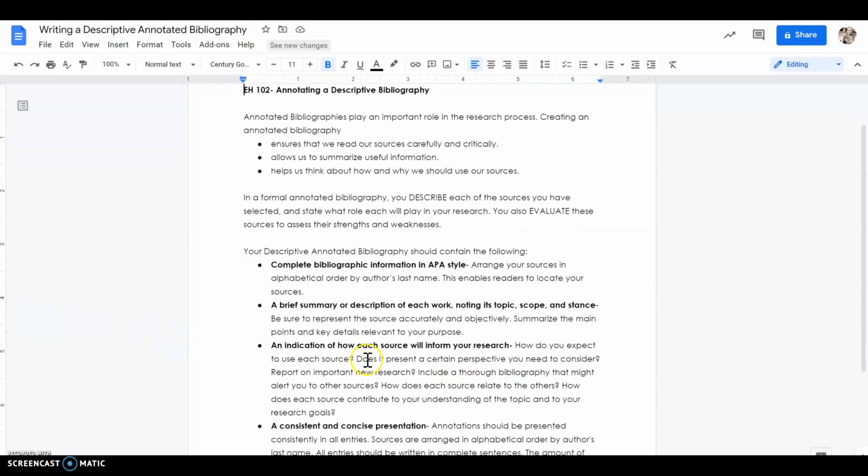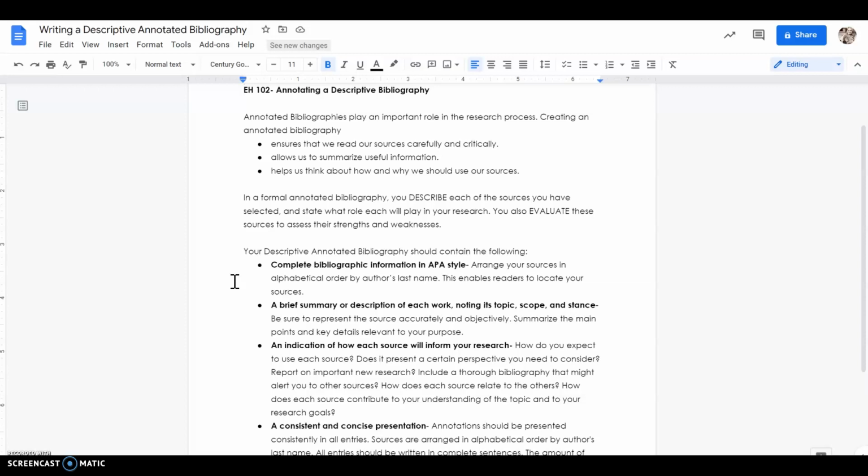The next thing you're going to do is indicate how each source is going to inform your research. How do you expect to use it? Does it present a certain perspective that you need to consider? Does it report on important new research? Does it include a thorough bibliography that might alert you to other sources? How does each source relate to the others? And how does each source contribute to your understanding of the topic and to your research goals? Those are just some guiding questions to make you think about how that particular piece of research is going to be used effectively